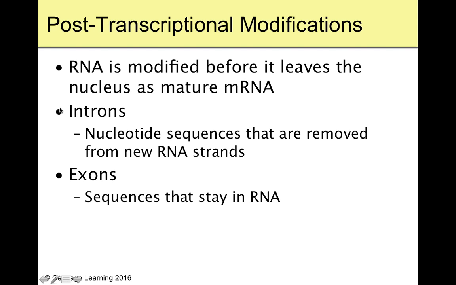So we have these two pieces of RNA called introns and exons. I remember it this way. Exons exit the nucleus. That might help you. Introns are nucleotide sequences that are removed from new RNA strands. So we literally just built this thing, and now we look at it and we go, this little piece doesn't really belong. This little piece, we don't really need that either. And all the exons bond together,